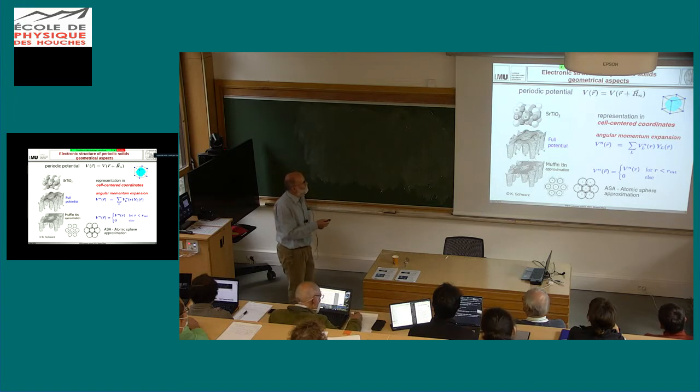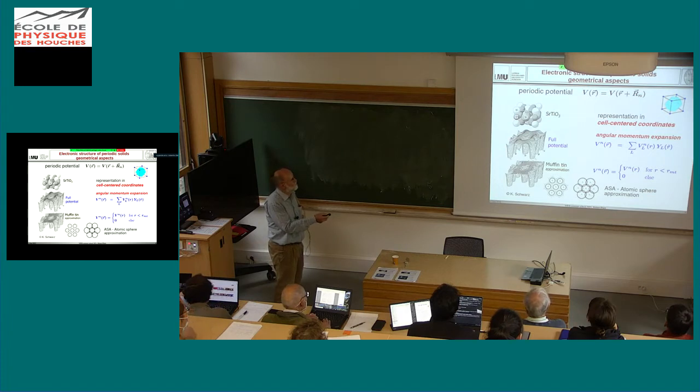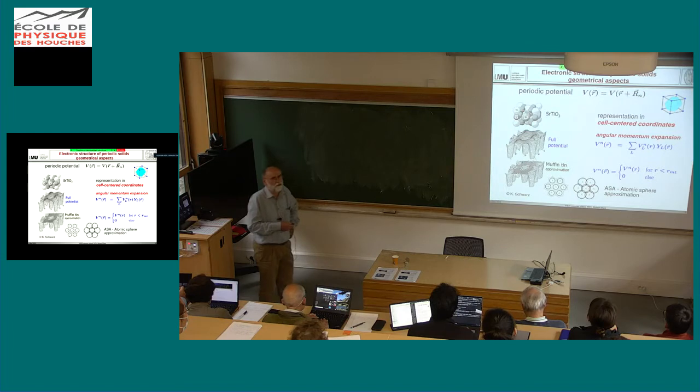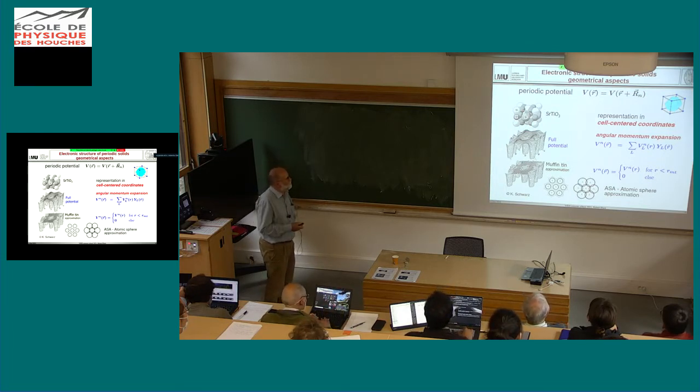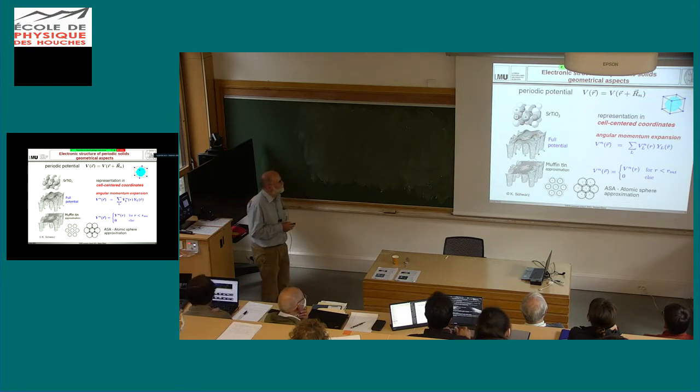And that means if we now want to talk about how these dispersion relations are calculated, we are led more or less automatically to what is called cell-centered coordinates. That means we describe our potentials always, so to say, using an origin at the center of an atom, titanium, strontium, or whatever we have. So that's a natural description. Of course, there are other ways. If you use, for example, plane waves as basis functions, you don't care about these things. But let's restrict to cell-centered methods. And the reason is